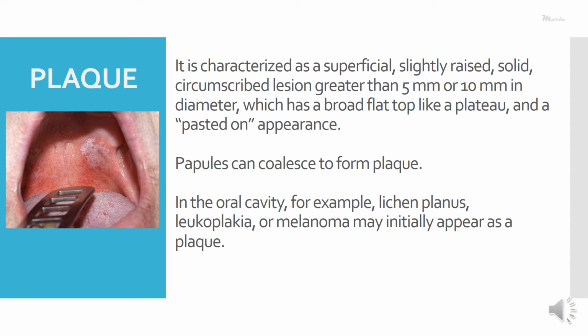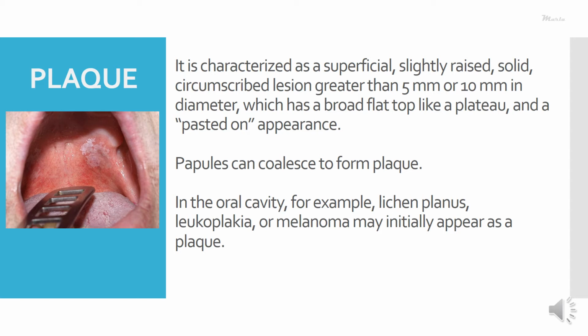appearance. Here you can see in the image an elevated lesion which is elevated from the surrounding mucosa, whitish in color. It's a keratotic lesion and it is greater than 1 centimeter in size. Any lesion which appears like this, we refer to as a plaque. Plaques can also be formed by coalescence of numerous papules. So papular lesions may be the initial presentation, and later they may coalesce to form a plaque. In such cases the plaque becomes a secondary lesion.